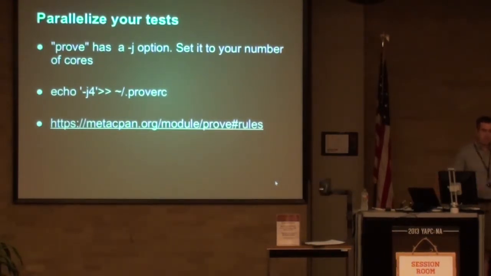Here are some basics of parallelizing your tests. The prove tool, which is already out there and popular, already has a -j option, and you can specify how many ways parallel you want it. A good starting point is your number of cores, but keep checking up and down based on that and find out what the fastest is on your system. It might vary a little bit. I put the syntax up for putting the default in your .proverc file, so you can run in